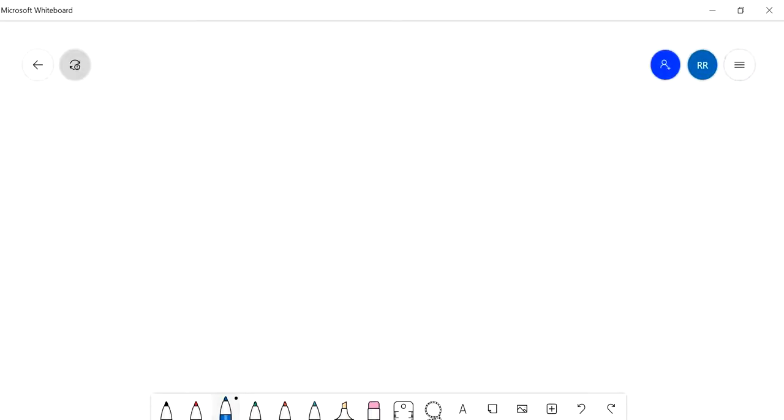Okay, so in LTE, handover is of two types: X2 based and S1 based. You must be knowing the broad difference between them.